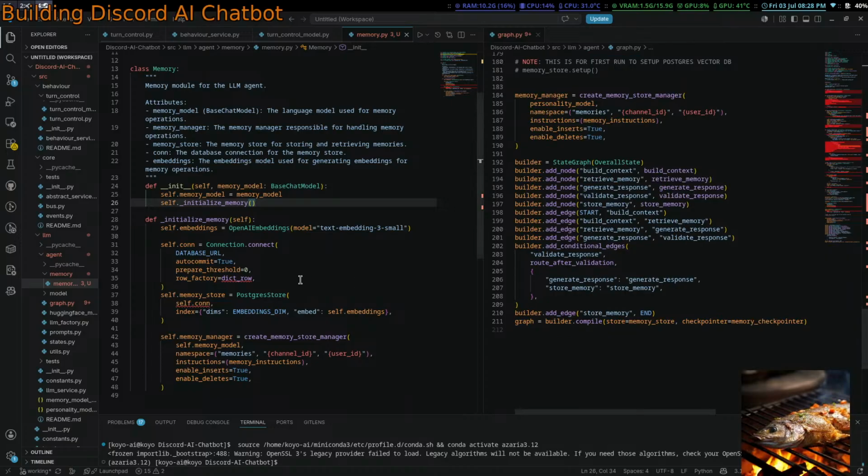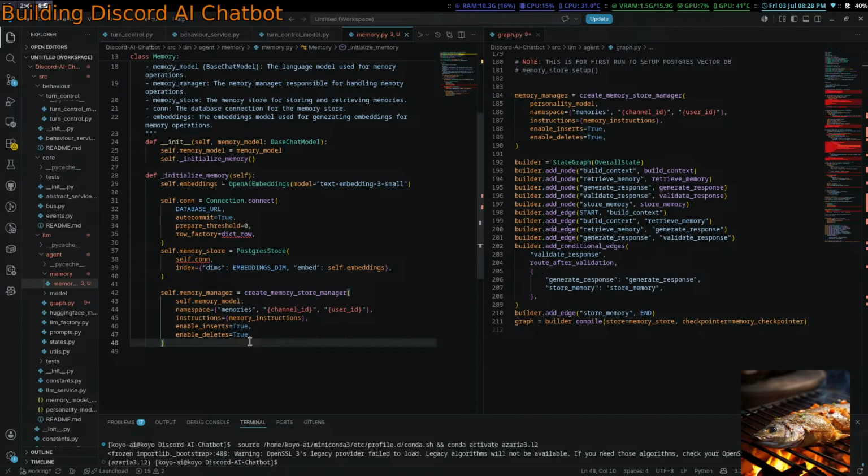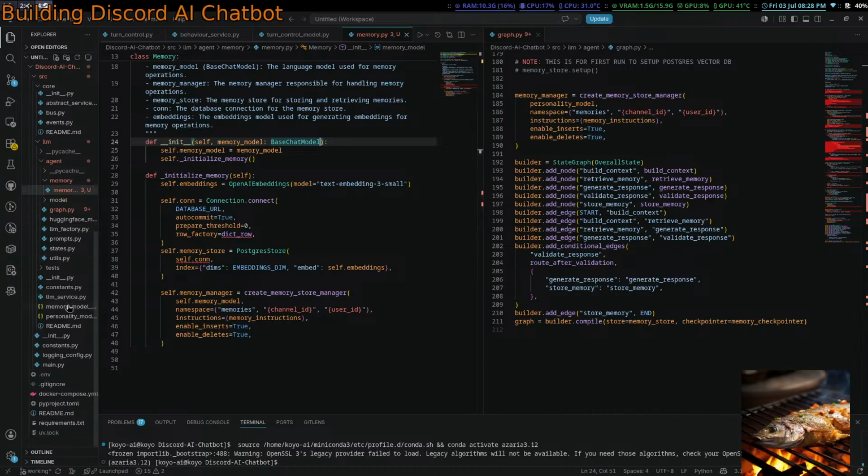What is going on here? Initialize memory. Okay. Now we need, you know what else we need? We also need that thing. We need async queue for communications. So, where do we find this?